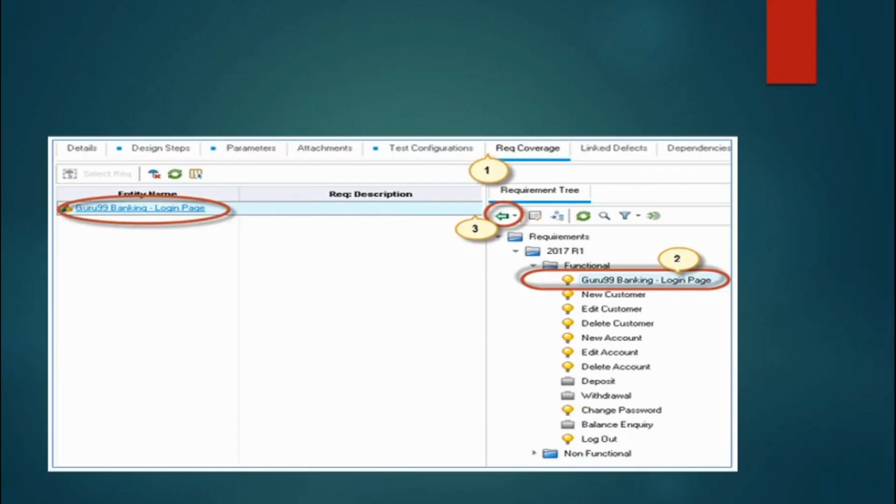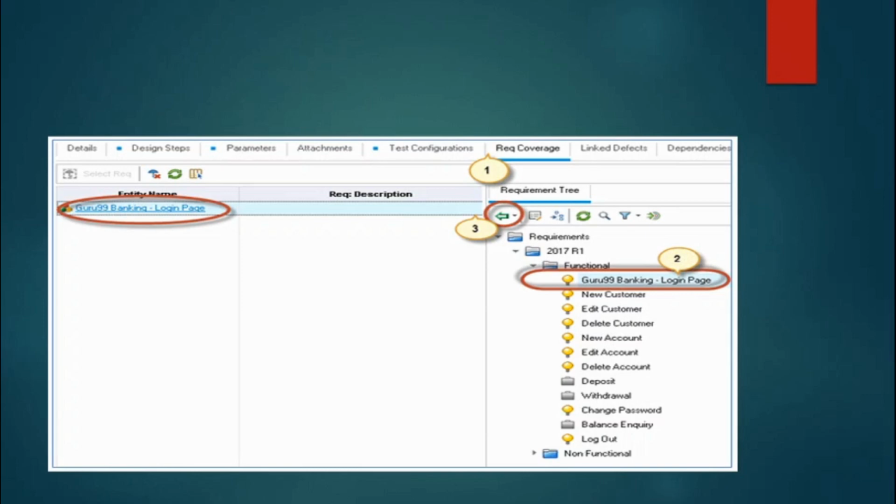You can see here inside the test lab, first you have to select a particular test case, then you have to come to this requirement coverage tab. Once you are in this requirement coverage tab, you have to click here. Once you click here, you will see all the folders related to the requirement coming under this functional and non-functional folder.